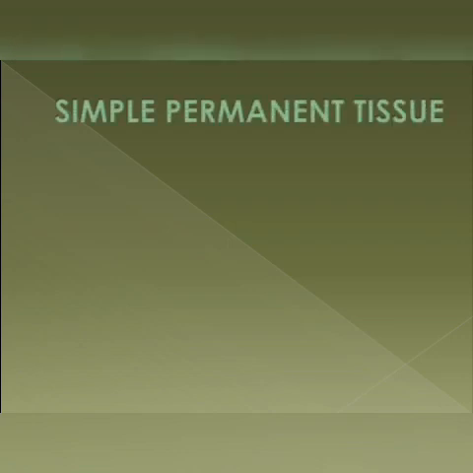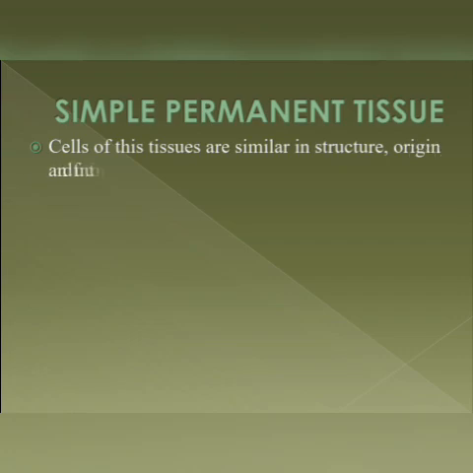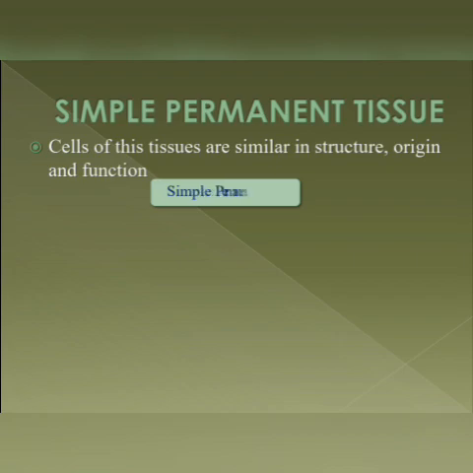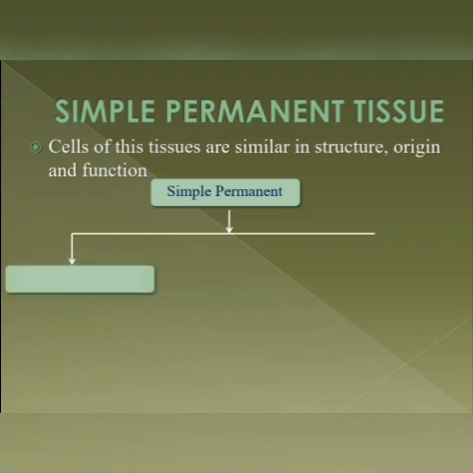Simple permanent tissues, in this particular type of tissue, cells are similar in structure, origin, and function. We have already seen the classification of simple permanent tissue. So we again go through the same point. Simple permanent can be classified under three categories. Number one, parenchyma,